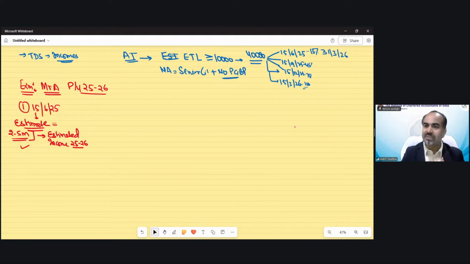Yes. If I'm a salaried person, on the basis of 2.5 months of my salary, I can calculate what should be my 12-month salary, what would be my deductions, what would be my other interest income, etc. It is on an estimated basis. So whatever data I have for 2.5 months, depending upon that data, I have to calculate my full year income. So understand it very carefully. We are not going to calculate income of 2.5 months on the basis of 2.5 months data. We have to calculate our full year income.